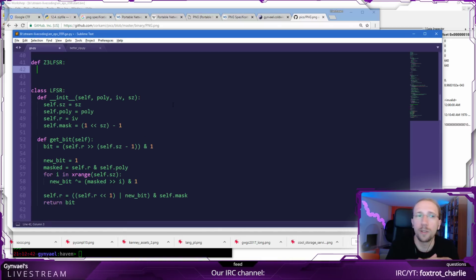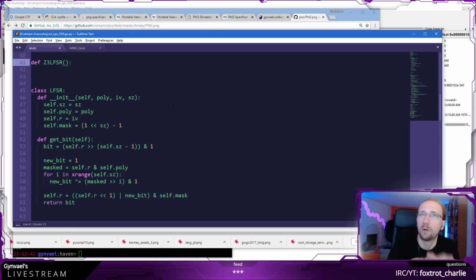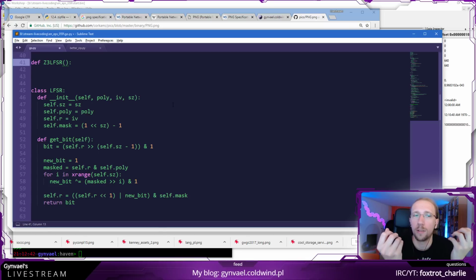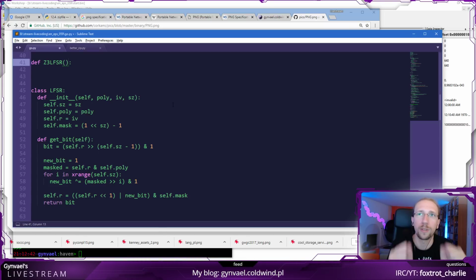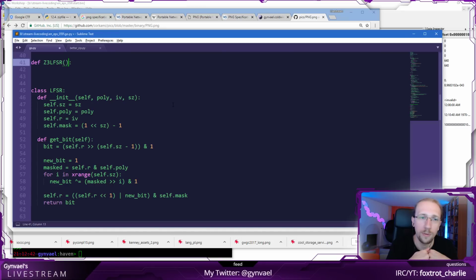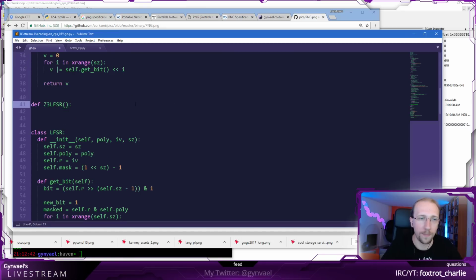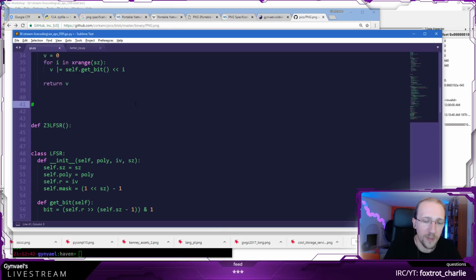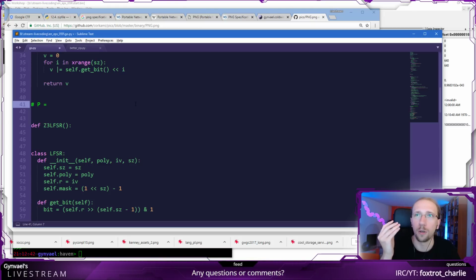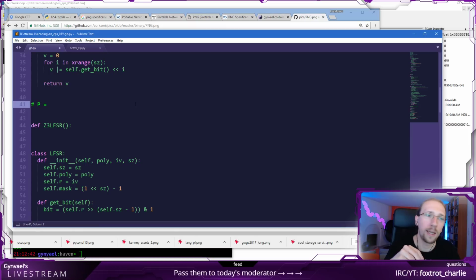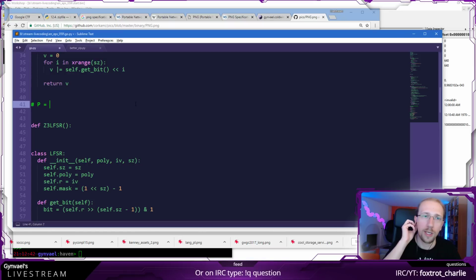So in Z3, when coding such a thing, what you need to remember is that you are not calculating the equation or the expression. You are not calculating the expression, you are creating an equation. And basically our equation is the polynomial, right? We don't know the polynomial, we need to know the polynomial, we know the output part of it, and we do know the initialization vector, which might give us something. Well, will give us something, but that's pretty obvious.